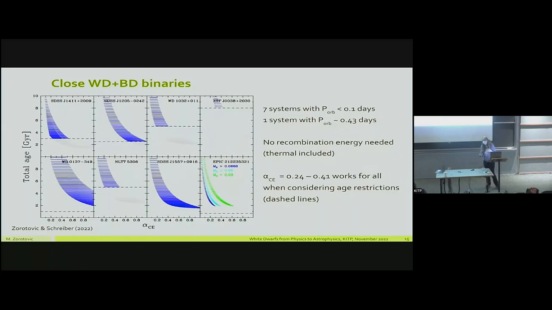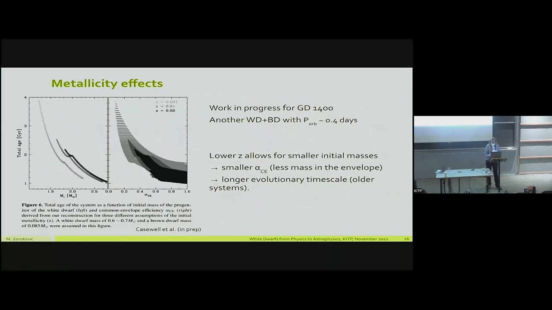So it seems that at least for white dwarfs with non-degenerate companions, or brown dwarfs, I would say non-evolved companions, the common envelope efficiency is in general small, and there is no need for extra energy sources except 2 outliers that we might review. Finally, and this is work in progress, Sarah Casewell was the referee of my brown dwarf paper,